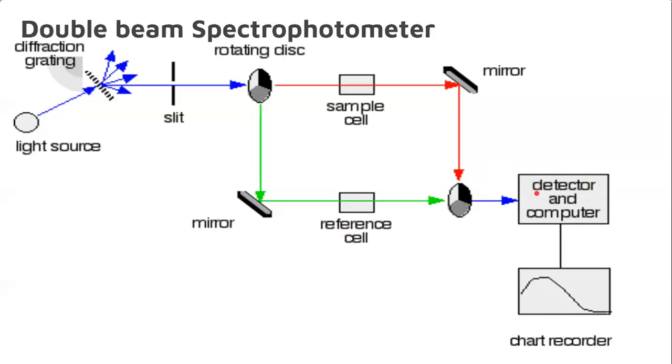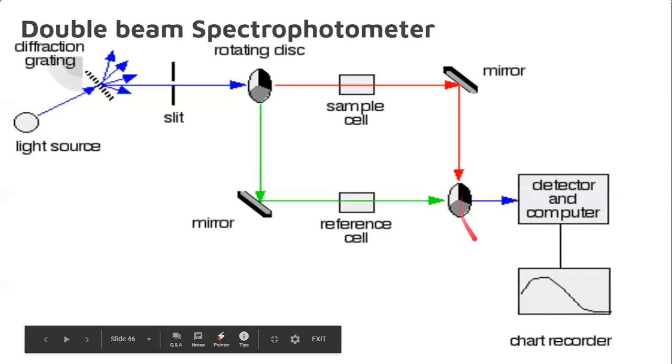So the detector will detect the difference in the absorption of these two lights. The intensity of lights can be converted into absorption by some simple maths. That will be done in the detector, and then that will be sent into the computer. Now the computer will record the difference in intensity of these lights in terms of a graph. Okay, so this is about the spectrophotometer.